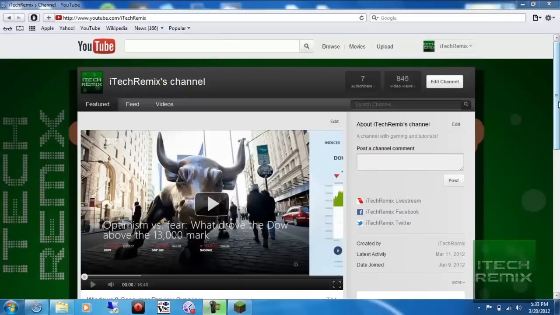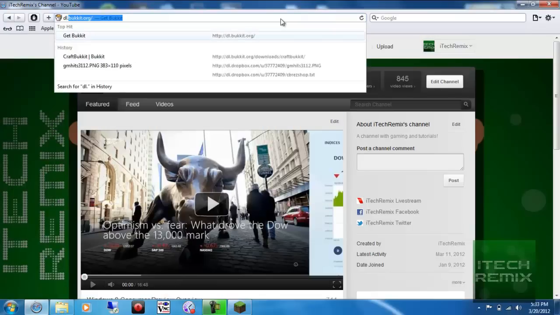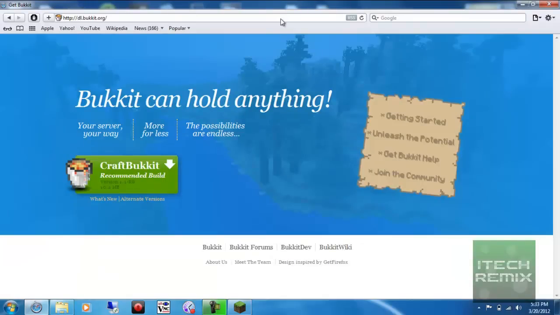So, of course, the first thing we're going to have to do is download Bukkit, and we're going to do that by going to dl.bukkit.jar. You can see it right there. So just go ahead and go there, and you'll be at this screen here. This is their new download page, and you'll see this big green button here. This is for their latest recommended build, but at the making of this video, they only have the 1.1 release 6 build out, which obviously won't work with the current version, which is